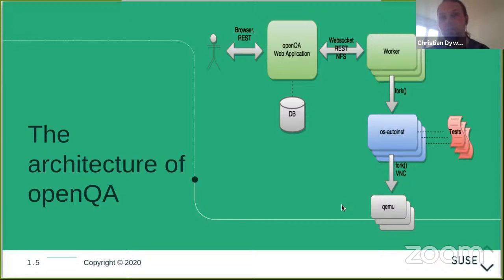So you can, in the most basic use case, run the web UI and run a worker to run the tests. So in other words, the worker is the thing that actually executes your test job.